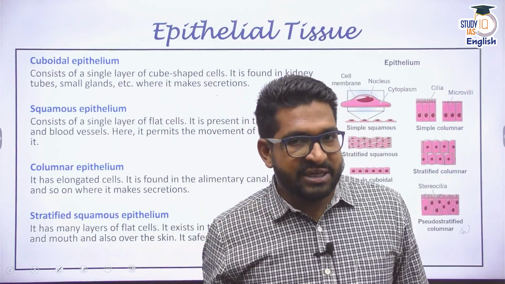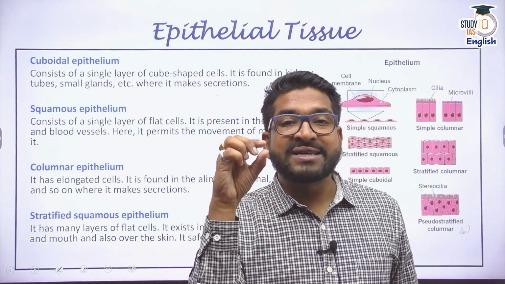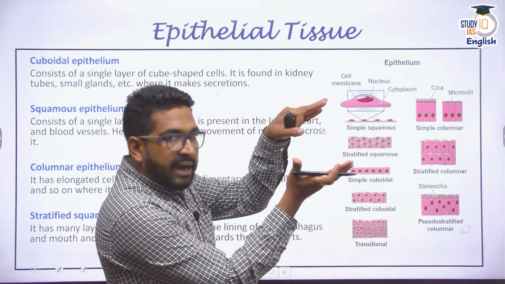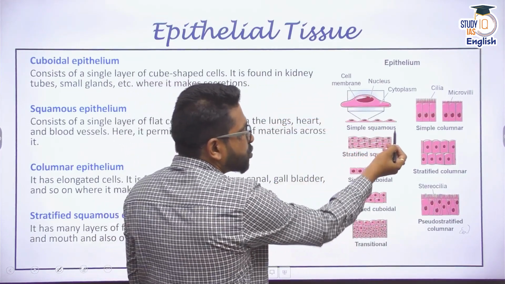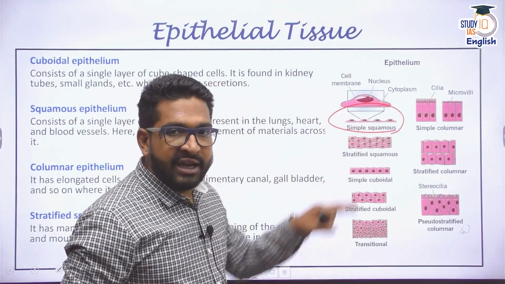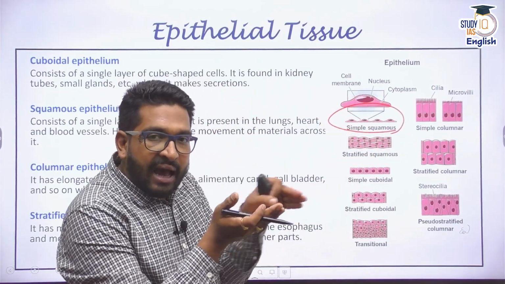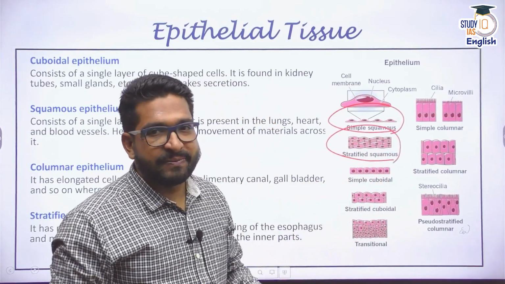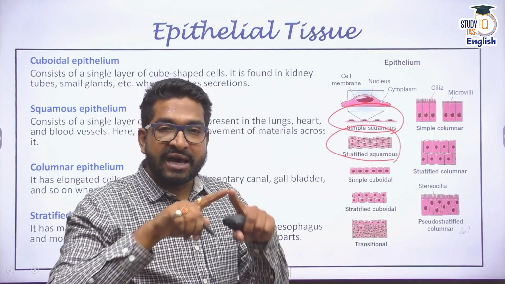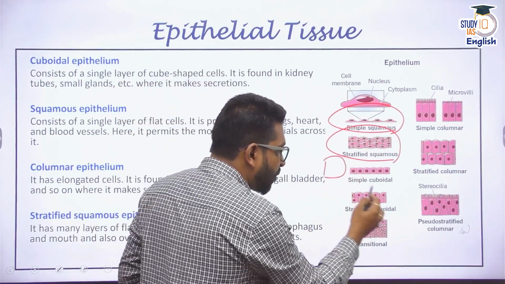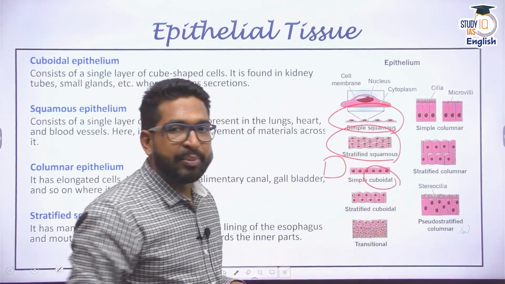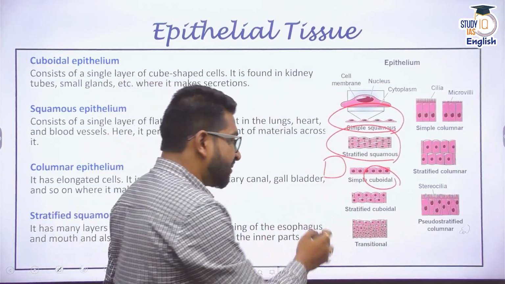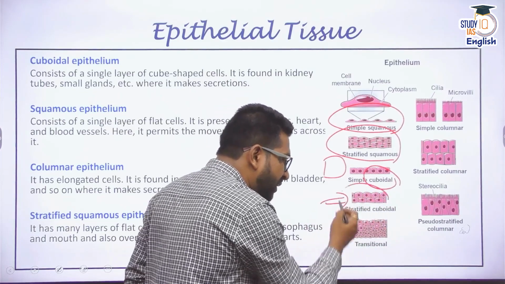These categorizations are made on the basis of the epithelial cells that are present. If the epithelial cells are like squashed cells, they are called squamous epithelium. And if these squamous epithelial cells are arranged in a stratified fashion, they are called stratified squamous. Many times epithelial cells are in the form of a cube. They are called cuboidal epithelial cells. And if these cuboidal cells are stratified, that means jumbled up together, they are called